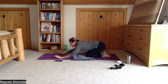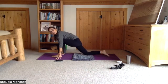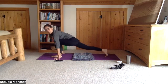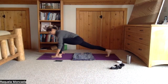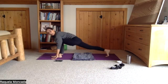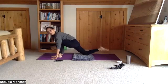Slowly to table. Slowly step forward with the left foot again. Keep the left foot in line with your left hip and tuck the toes under or your back foot high lunge. Pick up the knee of the mat and we're going to rock forward and back, forward and back, forward and back. Sink the right knee down towards the floor, top of the right foot down towards the